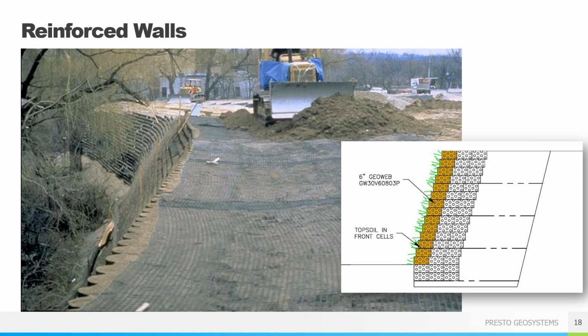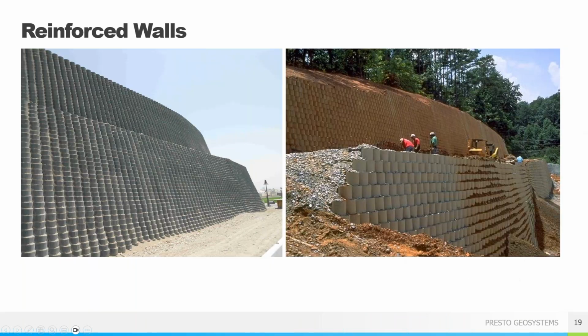On very tall walls, sometimes we'll have a 4-cell at the bottom up to a certain height, and then we transition to a 3-cell. But once again, we can offer that in different nominal diameters, our 30V and 40V cell size, which is our nominal diameters. And as I mentioned before, really a 6-inch or 8-inch cell depth. So like I said, reinforced walls, unlike a gravity wall, are not limited in height.